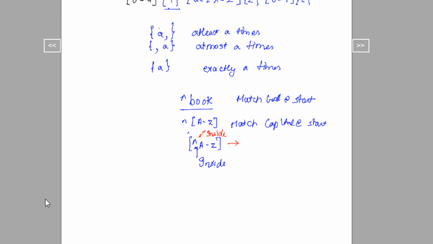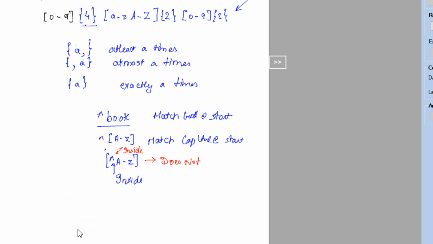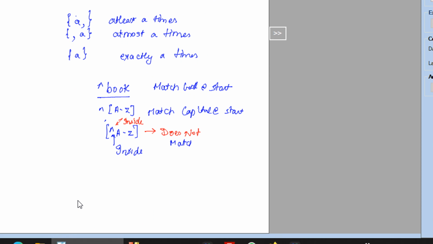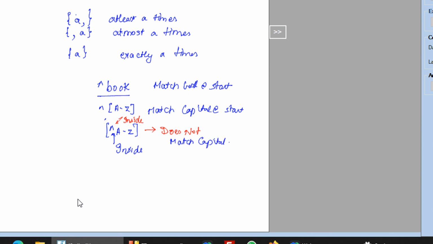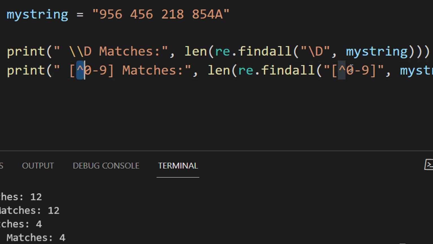This becomes a does not match capital at start, right? So if you write this cap operator inside the square bracket, it becomes a not operator. It will not then search for it, right? So as you can see, the same 0 to 9 basically is don't match numbers, right?